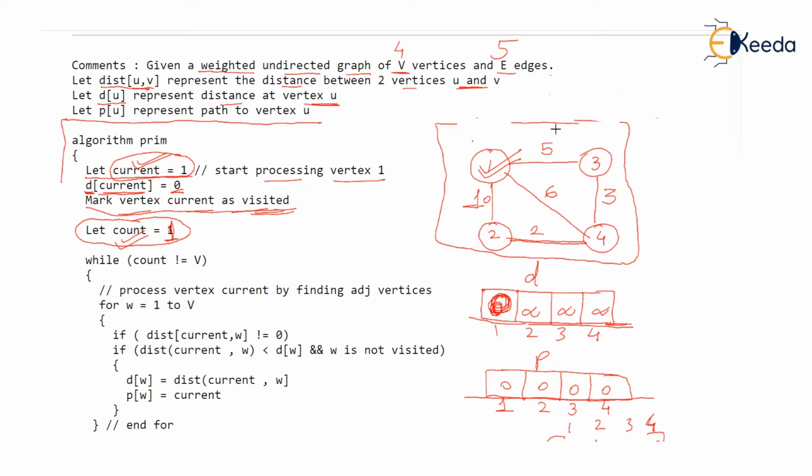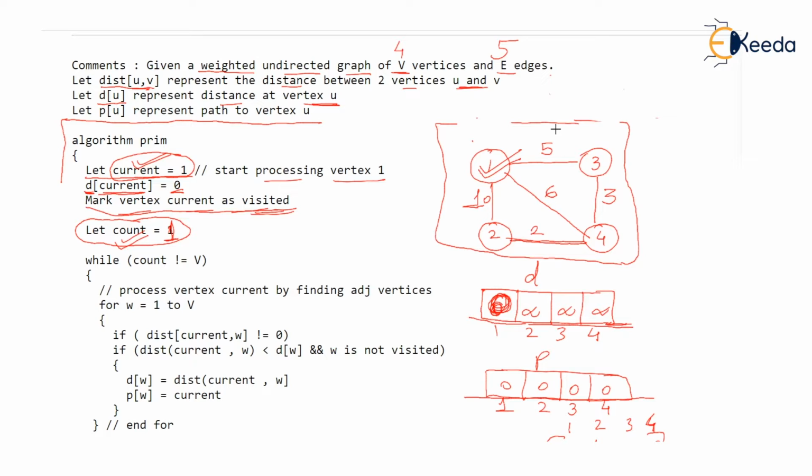So count is 1. Now the importance of this count is that suppose after visiting 1, let's say we visit the third vertex. I don't know, we will have to see the working, but imagine after 1 we tick 3. We say okay, 3 is visited. Then we will do count is count plus 1. We will increment count, and as count was 1, it will become 2. Now why is count 2? Because two vertices are visited, 1 and 3. Then after 3, let's say we visit the fourth vertex. Then while visiting the fourth vertex, we will do count is count plus 1. So count will become 3. Why is count 3 now? Because 3 vertices are now visited.